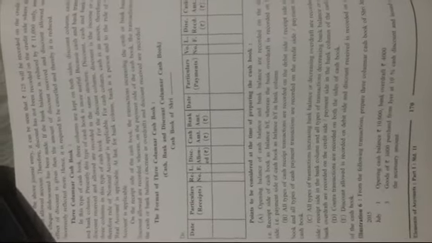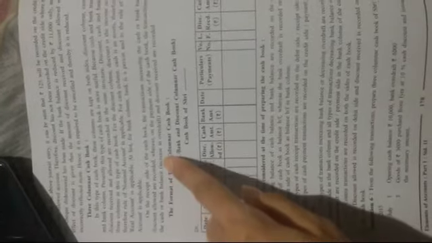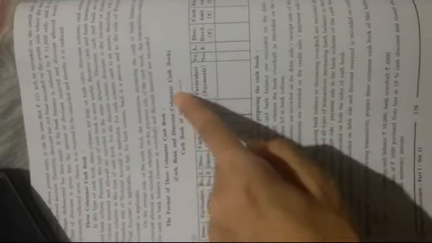And this type of cash book is more prevailing because in this type of cash book, three types, cash, bank, and discount, are included in one cash book. Therefore, this type of cash book is nowadays more prevailing in the market. On the receipt side of the cash book, the transactions increasing the cash or bank balance and the discount allowed are recorded. Whereas on the payment side of the cash book, the transactions reducing the cash or bank balance, that is increase in overdraft, and discount received, are recorded.